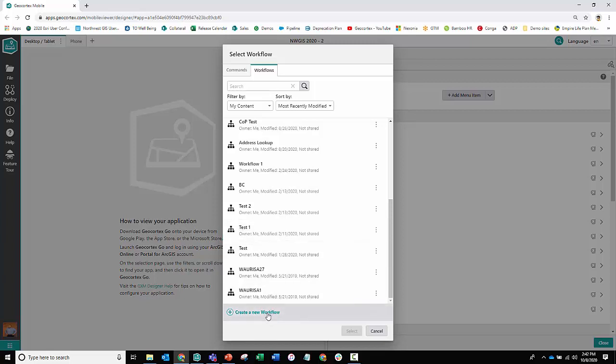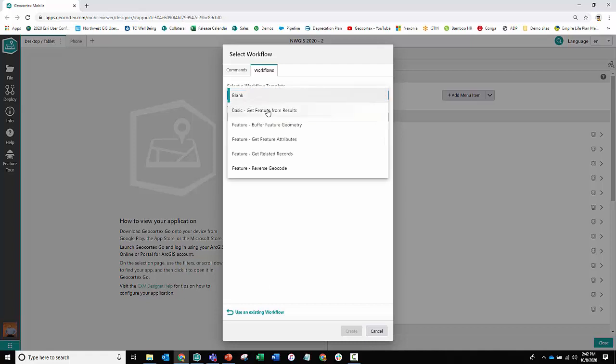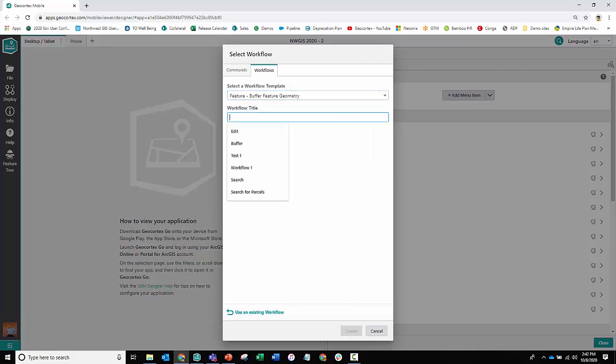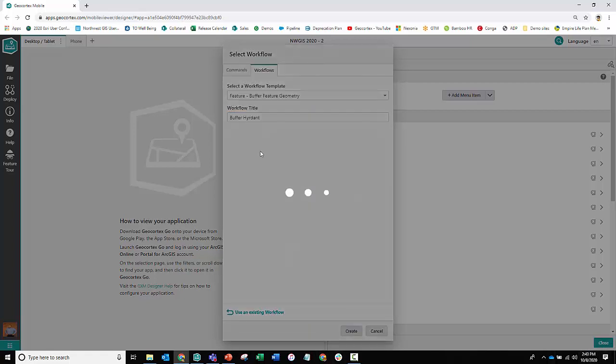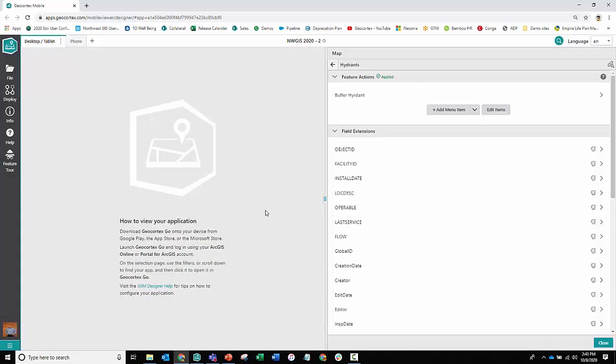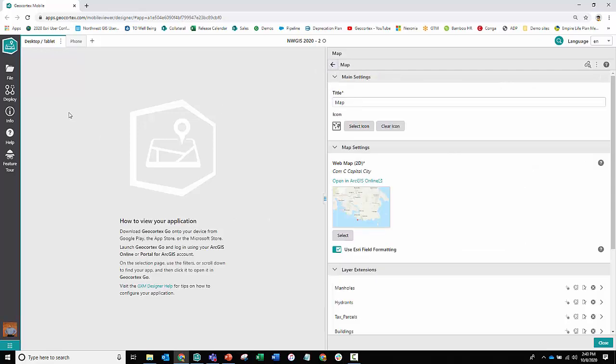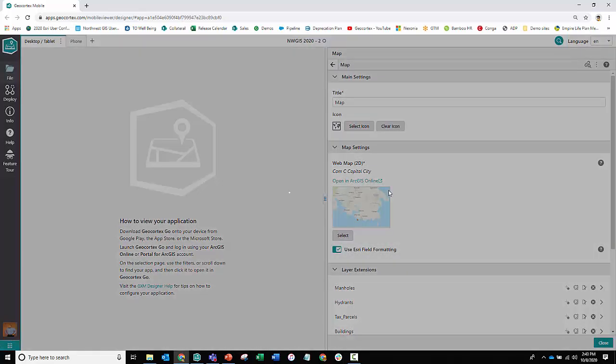But this is the really cool thing to do. So I can actually create a workflow based on a template. So I'm going to grab a buffer feature geometry. I'm going to call this buffer hydrant. And this is actually going to create a workflow in Workflow Designer and add it to my application. So it's taken a template for a workflow, added it here, and now I've got a buffer hydrant. So I'm going to save this